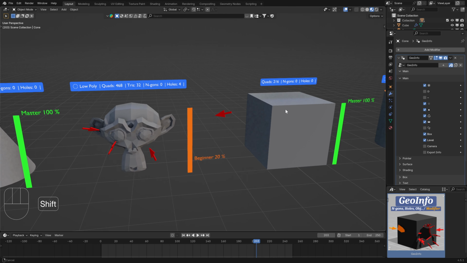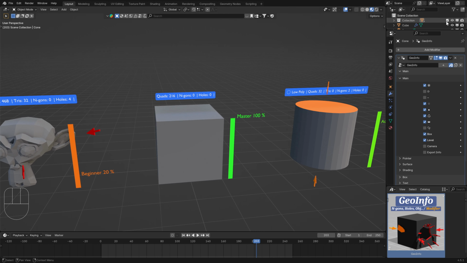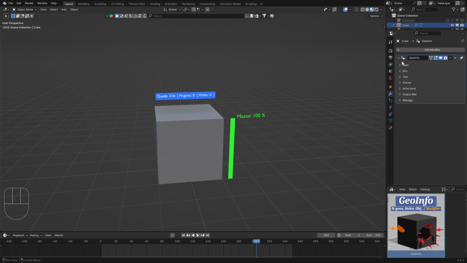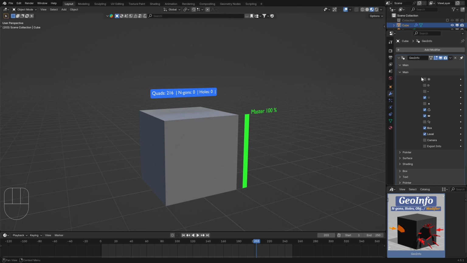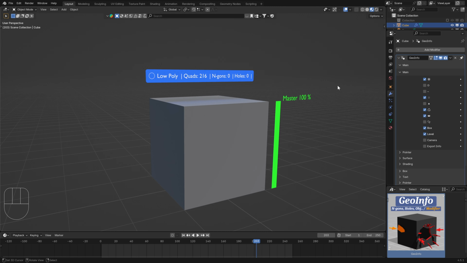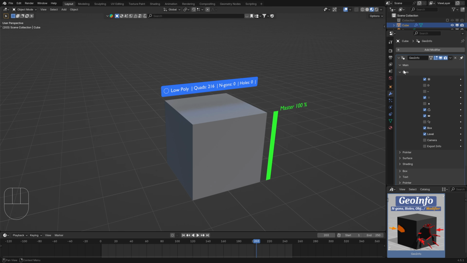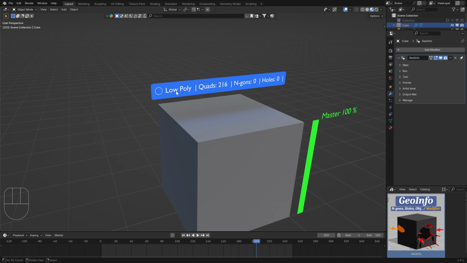Now you have this new option, the polygon count, the polygon level, sorry. When you enable this, GeoInfo automatically gives you the level of polygons of your mesh. For example, if you add a subdivision modifier, by default you have low poly.